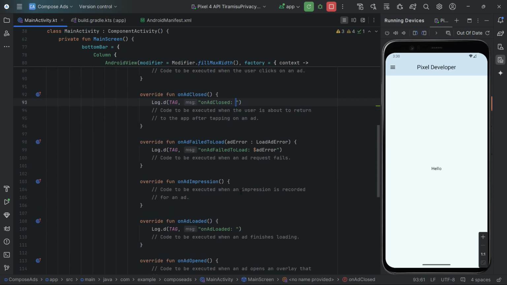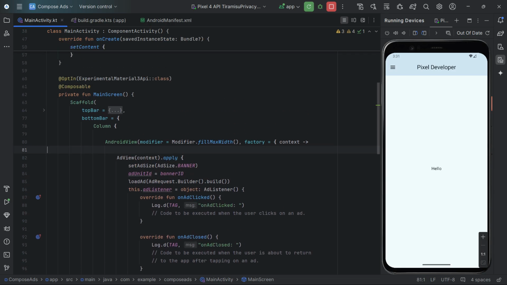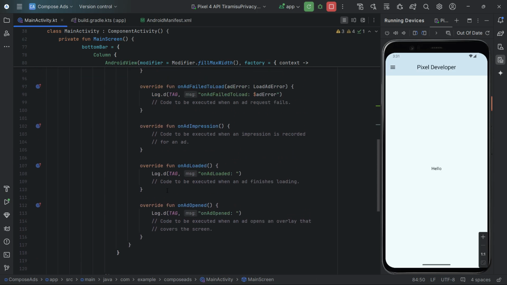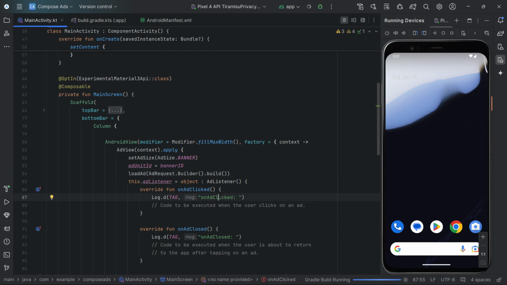On ad impression. This is triggered when an impression is recorded. It indicates that the ad was shown to the user. This can be useful for tracking impressions or analytics purposes. These listeners help in understanding and controlling how your app interacts with ads. Whether it's tracking clicks or handling errors, having these event listeners ensures your app can respond smoothly to user actions